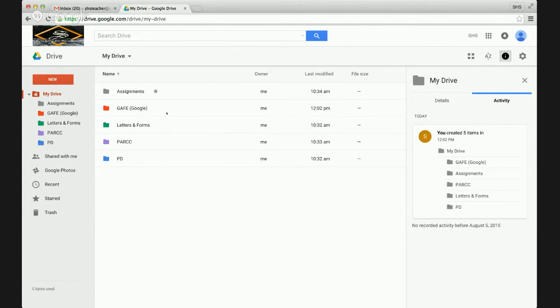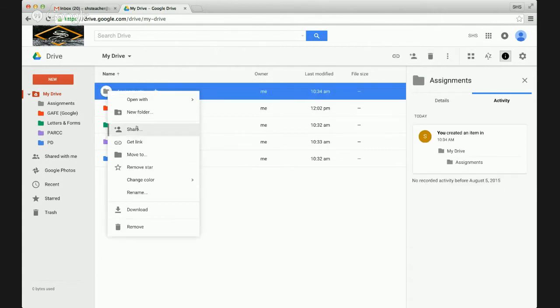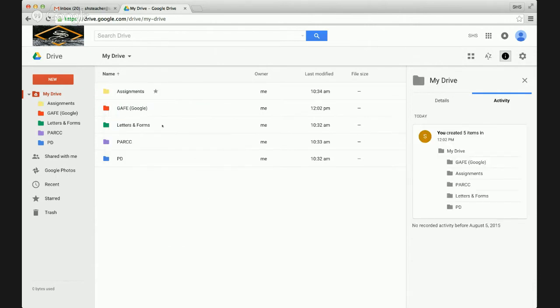Because the eye can track colors more quickly than it is able to read words or phrases. So this is something that helps me just save some time. I'd like to do the same with assignments. And this one I'm going to make yellow. So again, I either control click or right click with a 2 button mouse, scroll down to change color and select yellow. And there it is. You'll also notice that in the assignments folder, I put a star next to it because